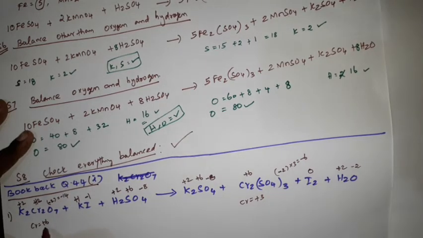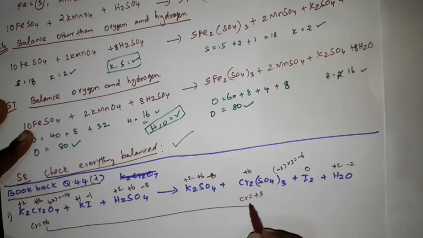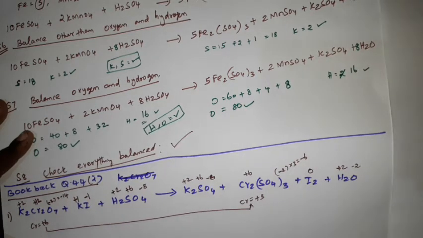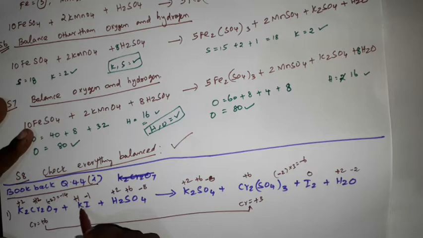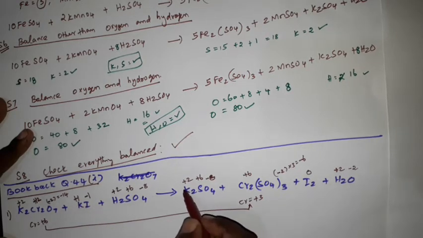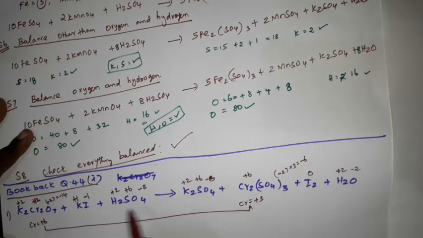Now here there is a change in oxidation number for chromium. Second step, you have to identify which atom shows change in oxidation number. Then oxygen, there is no change, minus 14, here also minus 2, so there is no change in oxidation number. Potassium plus 1, here also plus 1, because one atom shows plus 1, here one atom shows plus 1. So there is no change in oxidation number.